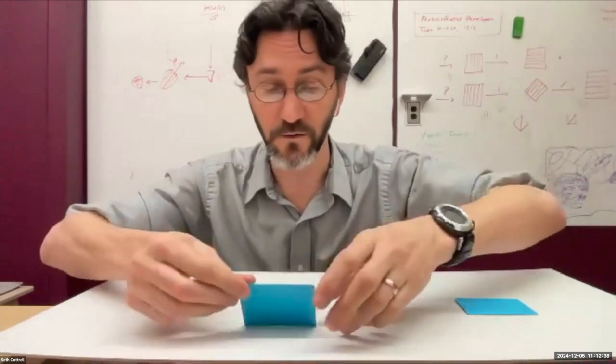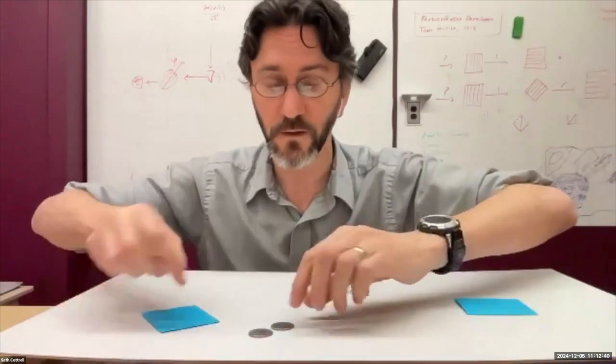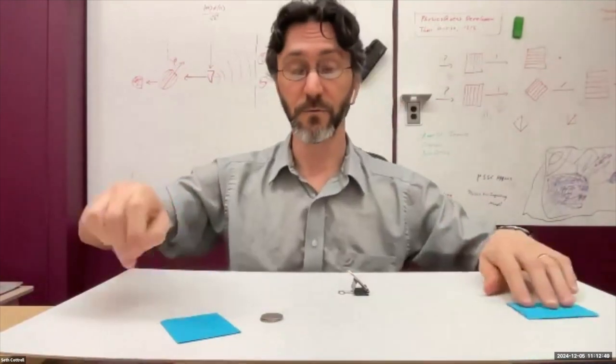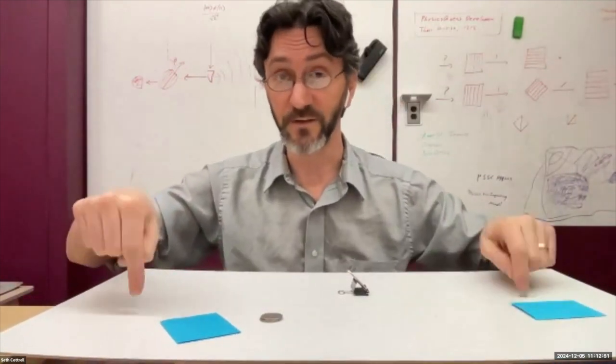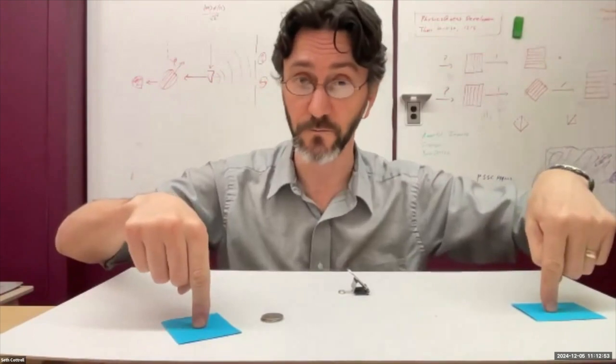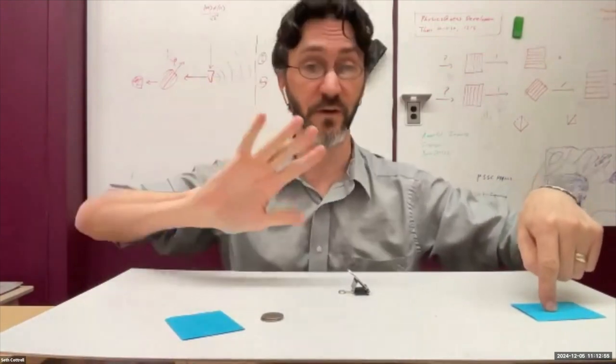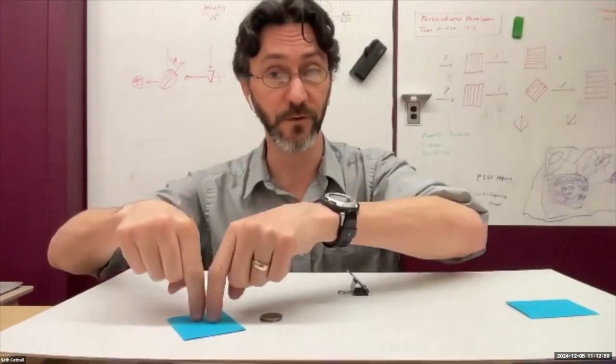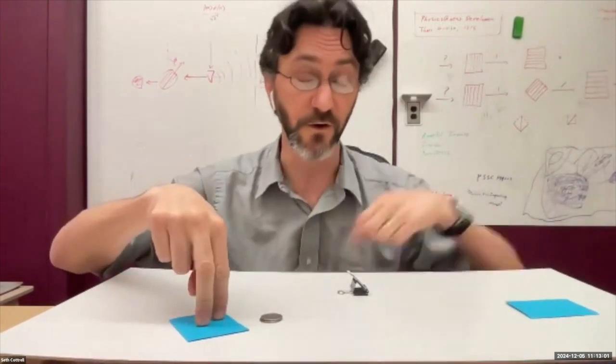What I'm going to see instead is, there we go. What I've got is a heads and a tails. So what I know is the original coin that I wanted to teleport is different from the coins that are in these two. All I'm doing is a same versus different measurement. I'm not measuring the coin, I'm measuring the relationship of it with the guy in here. Because they're different,